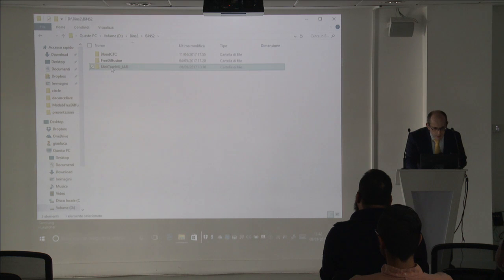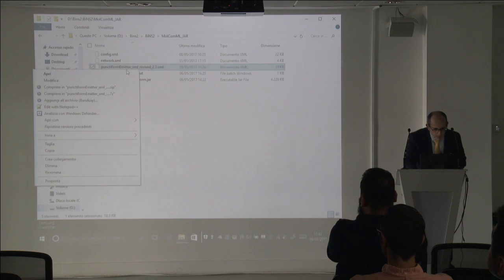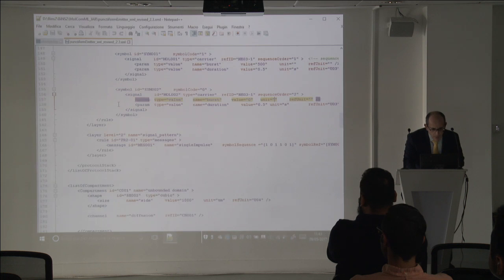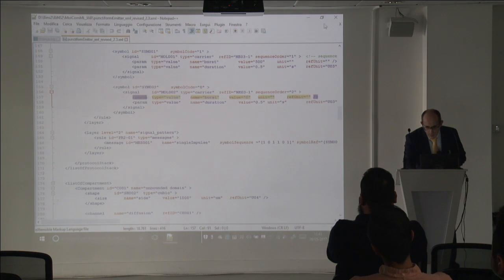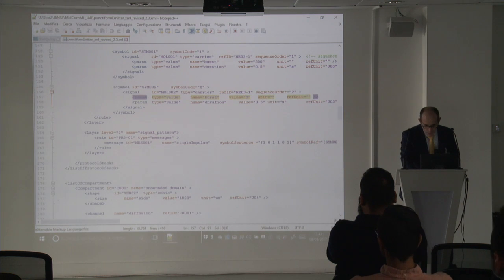Let's see, before starting, the markup language. Well, I just want to show